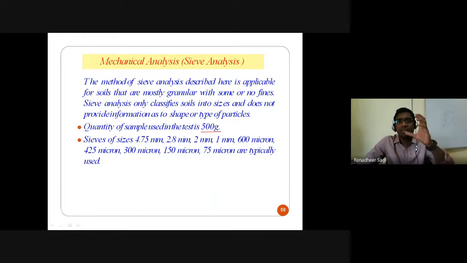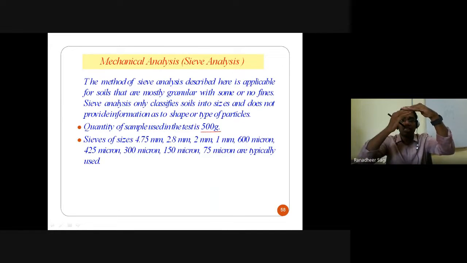We take 500 grams of your coarse grained soil particles, which is going to be placed on the top sieve, where you are going to see a set of sieves systematically arranged one over the other, with the largest sieve opening at the top and the smallest towards the bottom. When the largest is at the top and you arrange the set of sieves in decremental order, once you start sieving that soil, the largest particles get retained on the top sieve, and the next smaller particles pass through those openings and move to the next sieve.